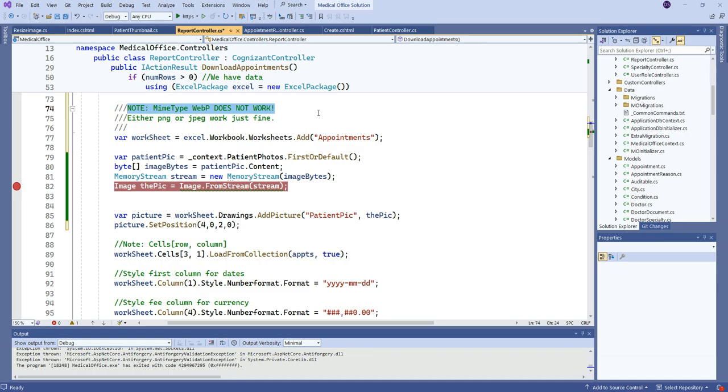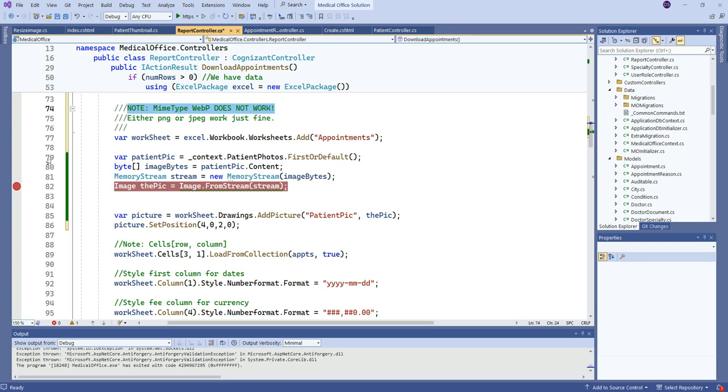So switch up how you're using our resize image utility, because we need to specify a different MimeType. I've tested it very successfully with PNG and with JPEG files. Either one of those, I'm sure many others will work as well. But unfortunately, WebP does not. You get this parameter not valid type error when you do this. So again, just change it so when you upload images, you're not saving them as WebP